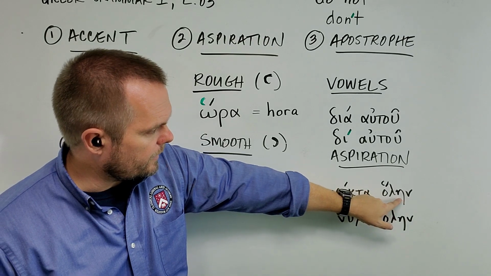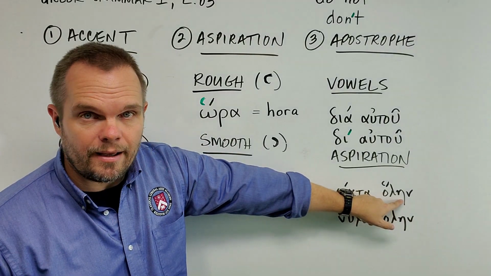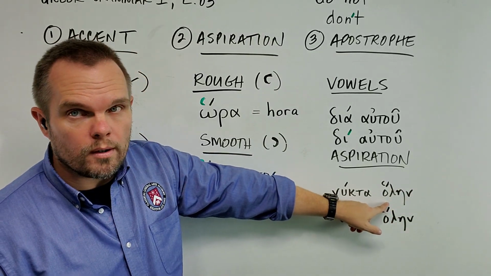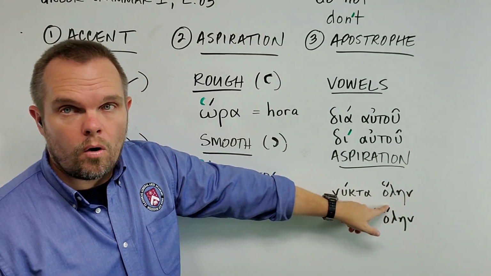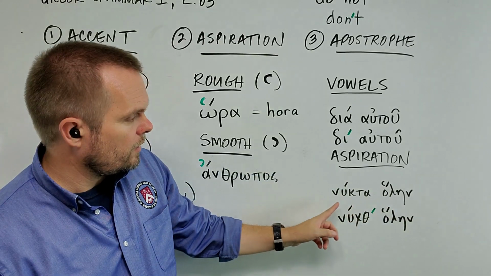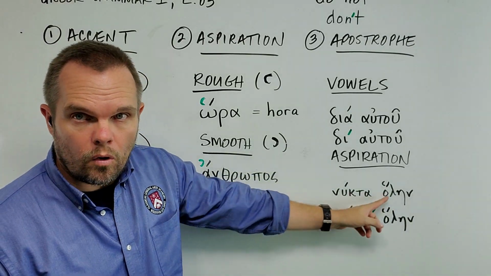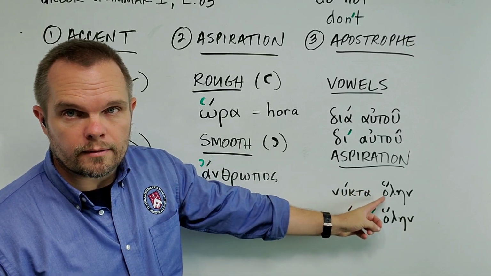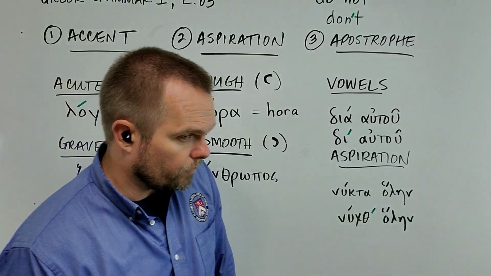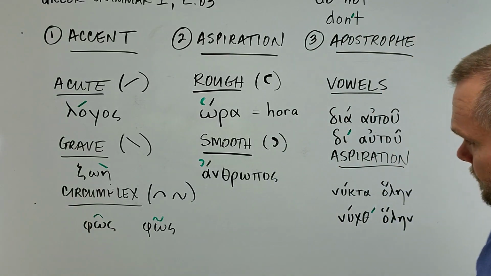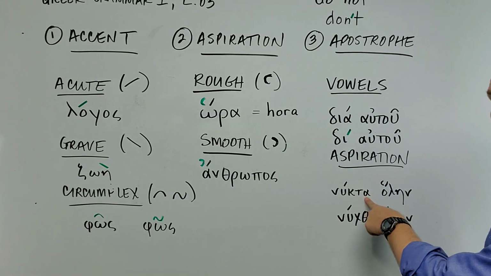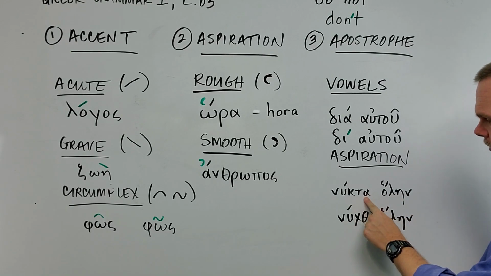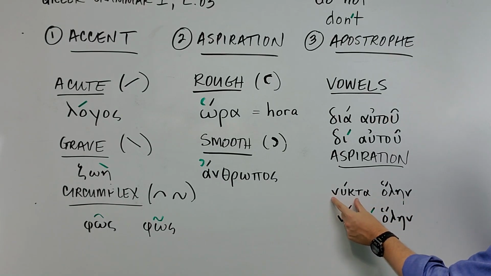ho, lambda, eta, nu, holen. Nukta holen. Okay? Now, if we drop this alpha and contract these two words, if we drop this alpha, we would have nukt